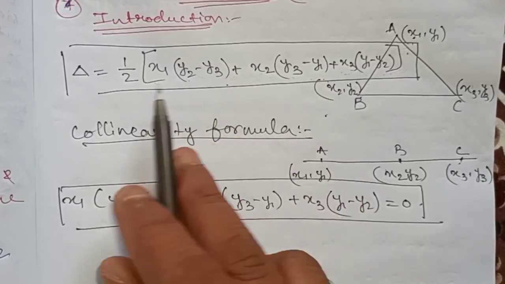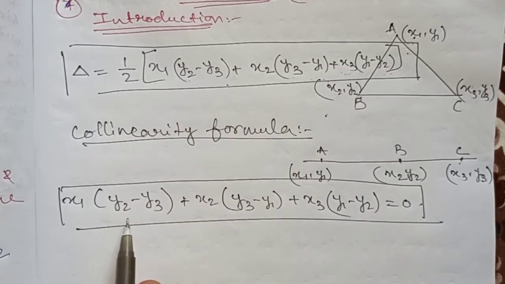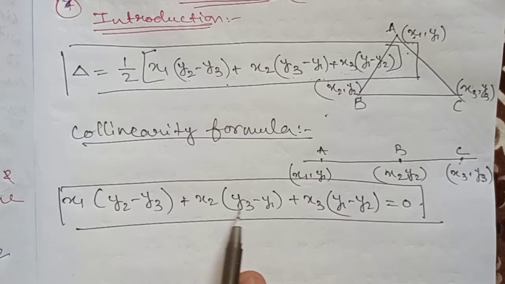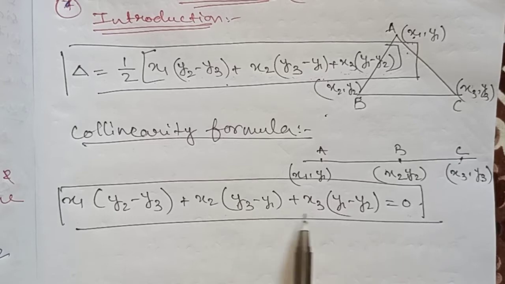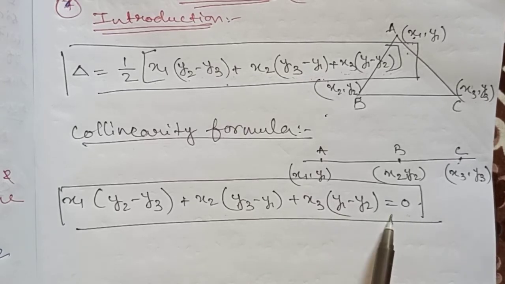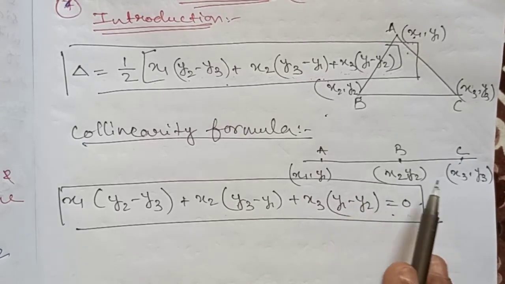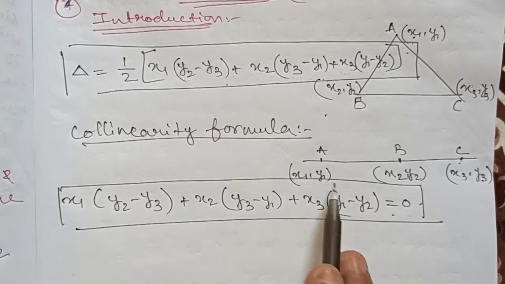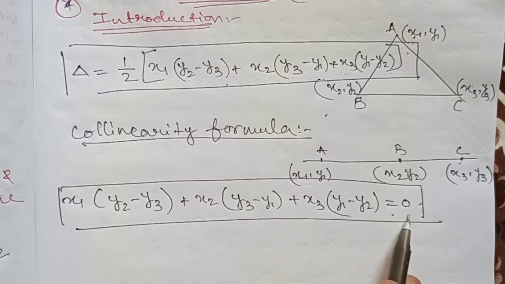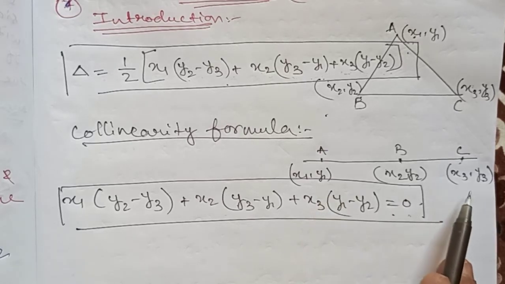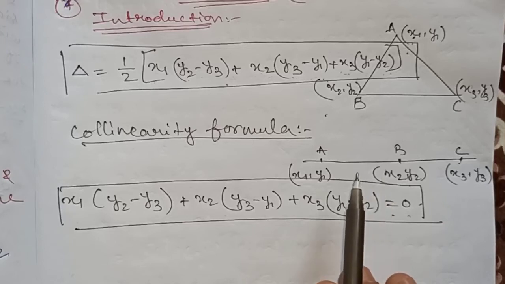This is the area formula except half. Everything will come for the collinear, but the value of this when we solve it must be 0. If we are getting 0 on both sides, LHS and RHS, then only we can say that all the 3 points are collinear. If we get some value, suppose 1 2 3 or something, which is not equal to 0, then that means all the 3 points are not collinear. How to use the formula I will explain. So we will start the exercise to learn how to apply it in the proper questions.